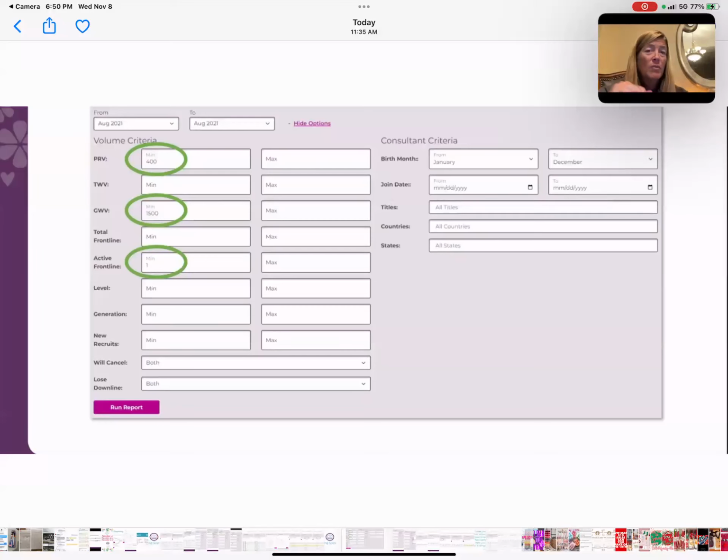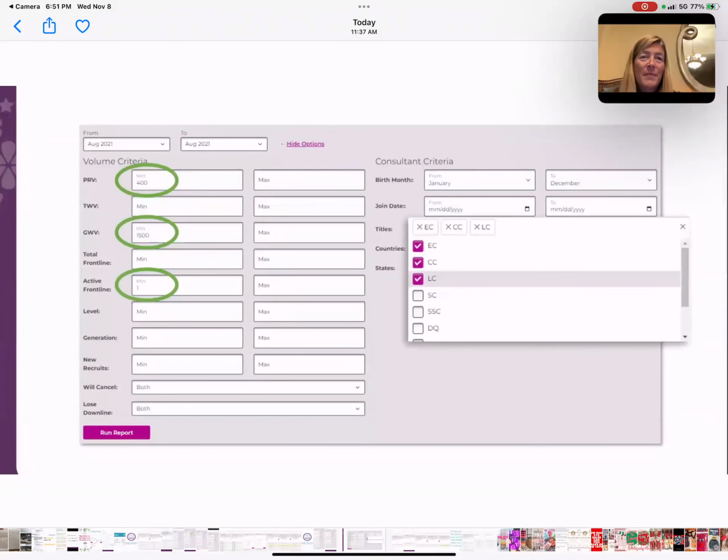So right now I'm looking in my downline, and I don't care what level they are, but I'm looking at my downline to say who has the possibility and the potential to promote to star consultant this month. If they've already got 400 minimum PRV and they've already got 1,500 minimum GWV, and they already have 1 active frontline, and it's the 9th, whatever today is, what is today? The 8th of the month. My goodness, a lot of things can happen and they could promote to star consultant. So then you're going to run the report and go ahead and just go through the motions, even though you may not have anybody. That's okay. Just go through the motions with me.